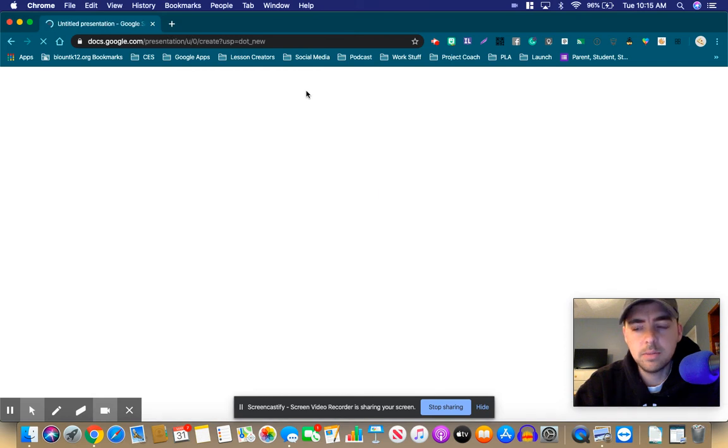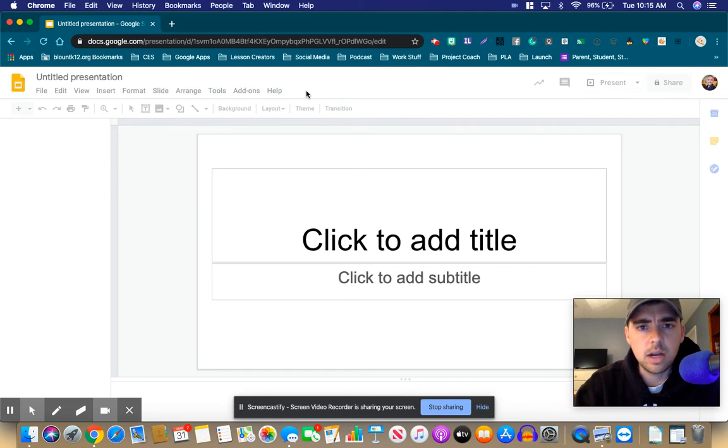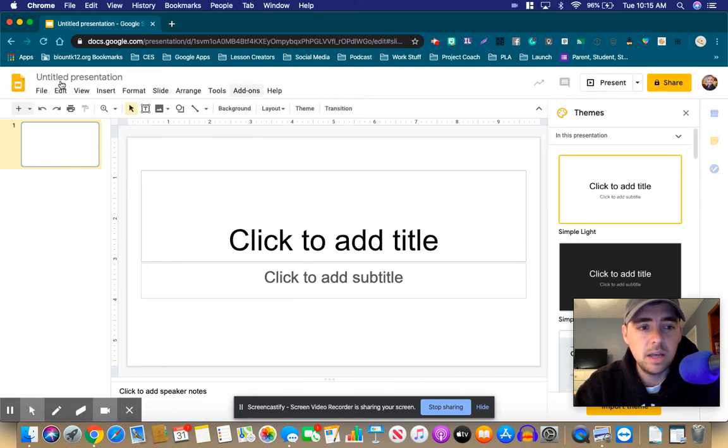And the first tip that I've got for this is resizing the page. A lot of teachers have done this in the past too. You can make ebooks out of this. You can make business cards, but by resizing the page in Google Slides, it gives you a lot of options to kind of play around with. So first, to do that, you go to File,